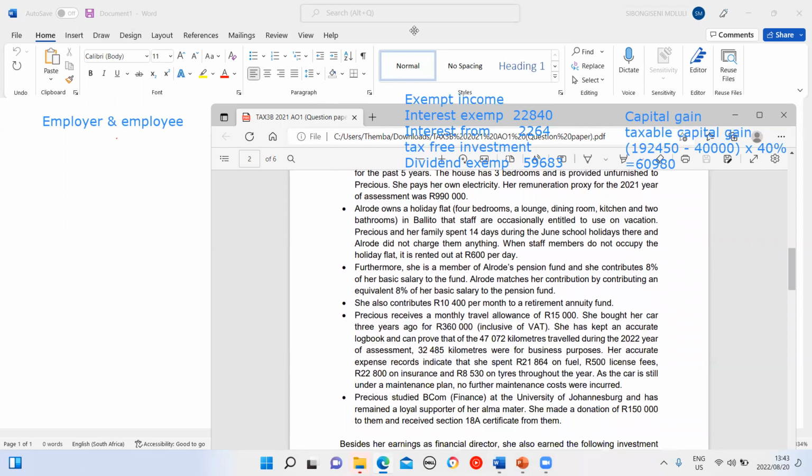I'm just going to make it quick. It's going to be 15% times 1,020,000, plus, and what was it, 10,450, where she contributed to a retirement annuity fund,